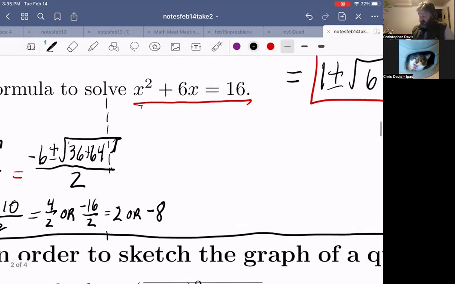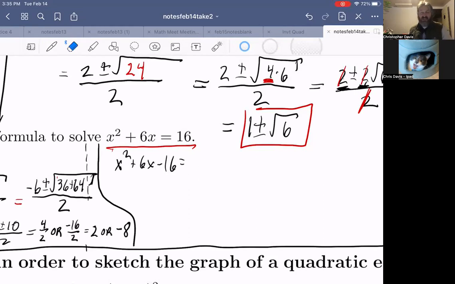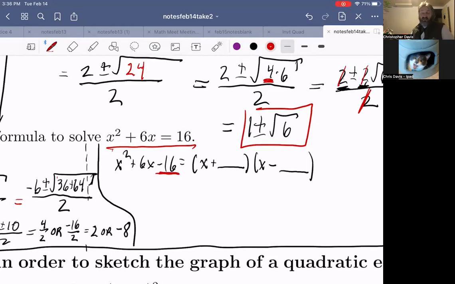So let's solve this another way. So here's another solution to the same equation. You want to solve x squared plus 6x minus 16 equals 0. So what I'll do is I'll think about simplifying that left-hand side, x squared plus 6x minus 16, and I'll try to factor it. I'll try to rewrite it in the form x plus something times x minus something. And the reason I've chosen a plus and a minus is because those two things need to multiply together to be negative 16. So, as a quick recap of the philosophy behind factoring,